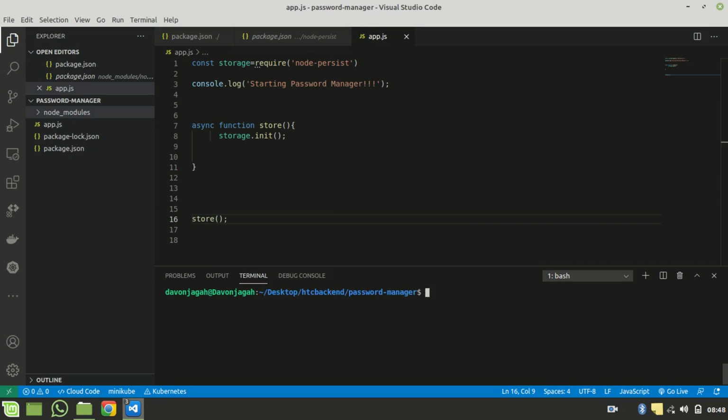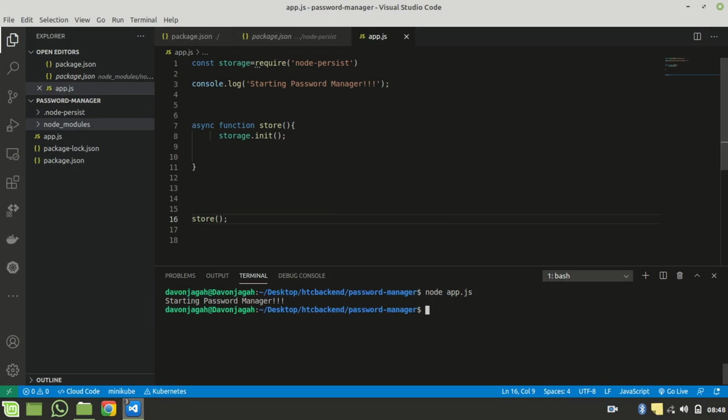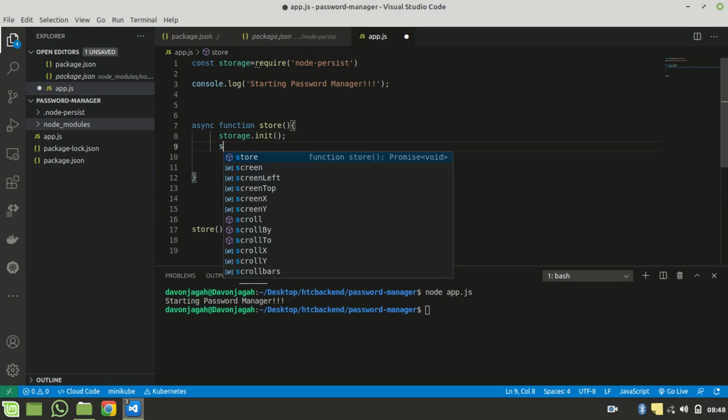So let's go ahead and run node app.js, and it starts password manager. This is because it has all the time to wait before it actually ends. So now if we go ahead to set an item, you want to store an item, what do you use? You use storage